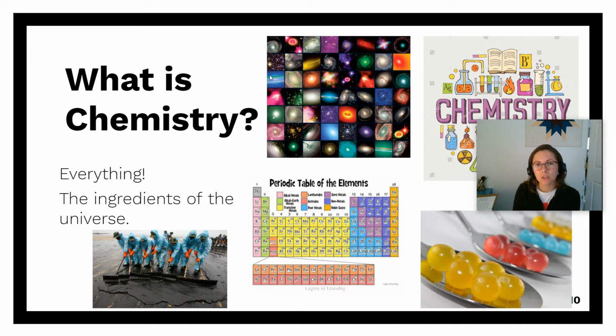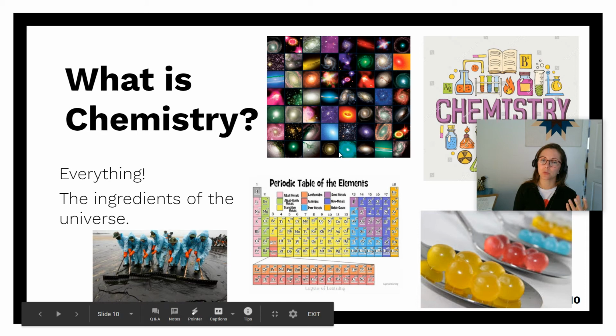So I have this image here of all these different galaxies. While we've never been there, human beings have never been out to these galaxies, we can study them using lots of techniques that involve chemistry and understand what they're made up of and how they behave based on the elements that they're made up of. Now, where do those elements come from? What are those elements? Well, now we can look at the periodic table of elements. And so this is one of the things we'll definitely study this year and understand.